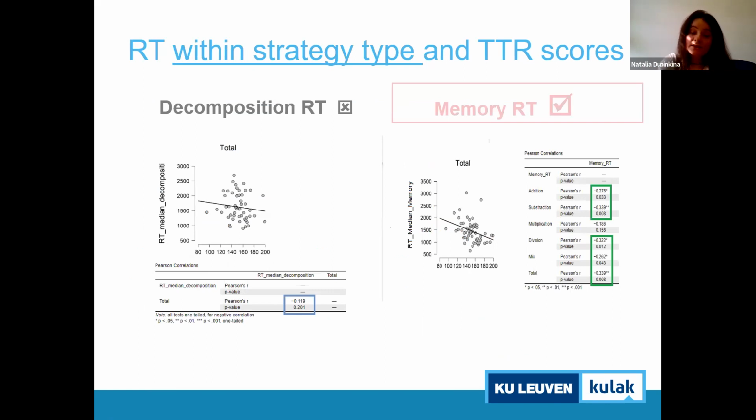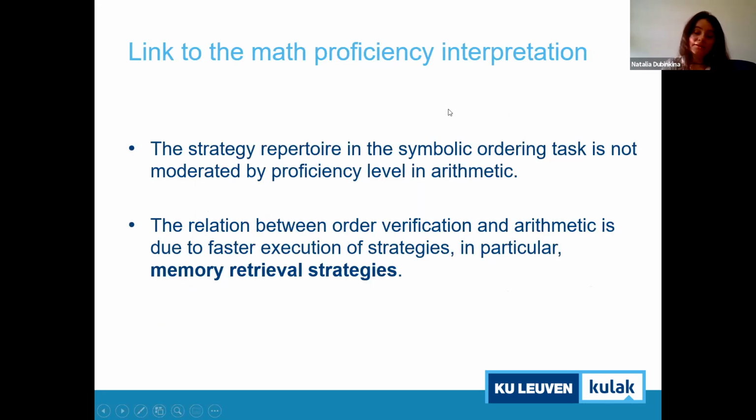However, what is interesting, and I find it personally an interesting finding, is that the speed of memory retrieval on the trials that were solved with memory is higher for people who are better in math, but we didn't find this in decomposition strategies. So basically, what we can conclude from these results is that strategy repertoire as such is not moderated by proficiency level in arithmetic and basic numerical skills,